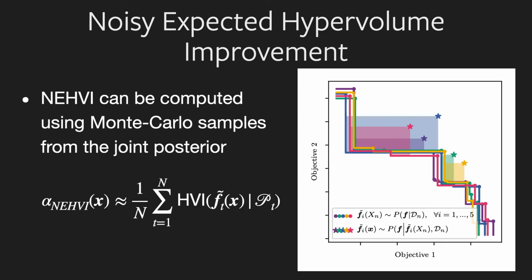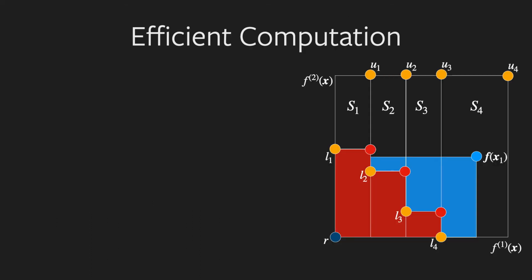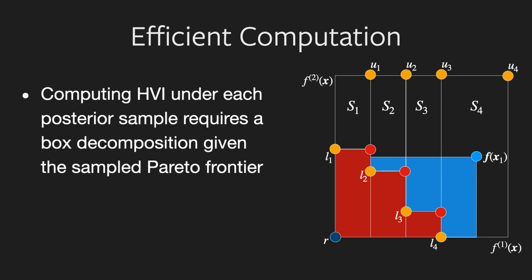This expectation can be computed using Monte Carlo samples from the joint posterior over the new point and the previously evaluated points. In the figure on the right, each colored line corresponds to a Pareto frontier under one joint posterior sample. The red star corresponds to the new candidate point. Taking the average of the shaded region, the hypervolume improvement, we can compute a Monte Carlo estimator of the noisy expected hypervolume improvement. Now, computing the hypervolume improvement under each posterior sample requires a box decomposition given the sampled Pareto